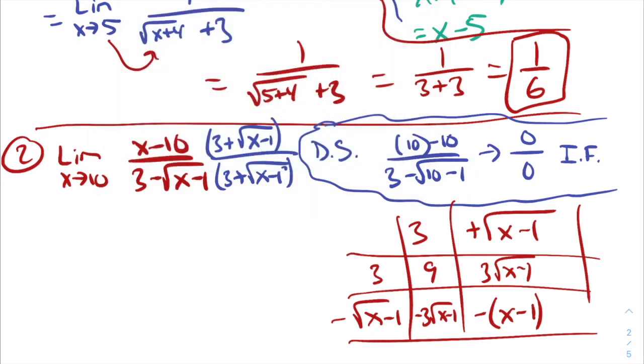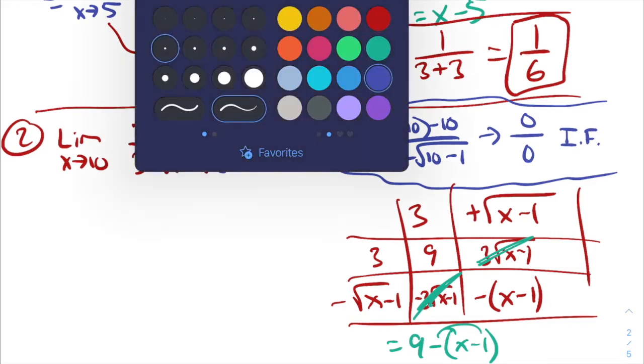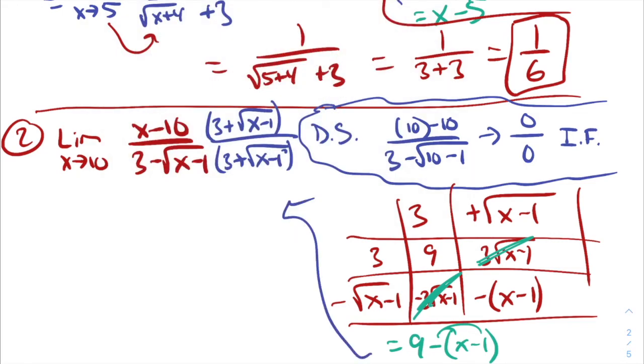Same deal as before. Hey, we've got opposites here. This is going to cancel with this, which is nice, which means that this is going to be equal to 9 minus the x minus 1. Or, if we distribute that negative, this is going to be 10 minus x for that. All right, so let's continue on in this problem. Now that we've found this, we're going to use this over here. So this is going to be equal to the limit as x approaches 10